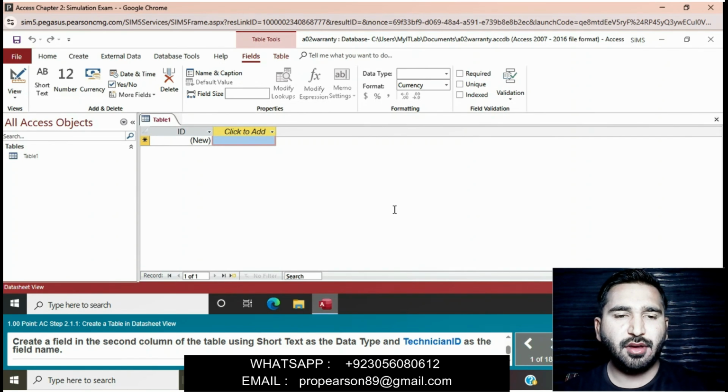Now create a field in the second column of the table using short text as the data type, and technical ID as the field name.